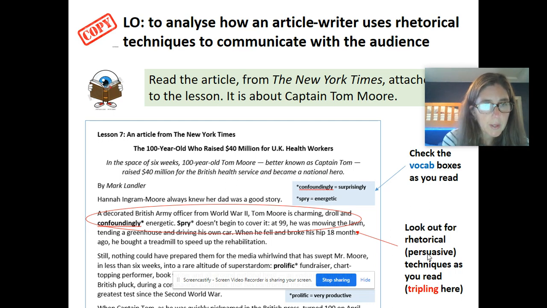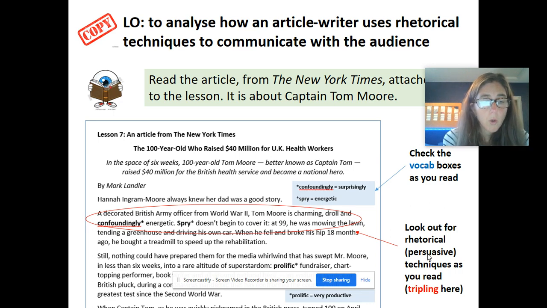Okay, let's read on. Still, nothing could have prepared them for the media whirlwind that has swept Mr. Moore in less than 6 weeks into a rare altitude of superstardom. Prolific fundraiser, chart-topping performer, book writer, and all-round national hero. An enduring symbol of British pluck during a coronavirus pandemic that has confronted the country with its greatest test since